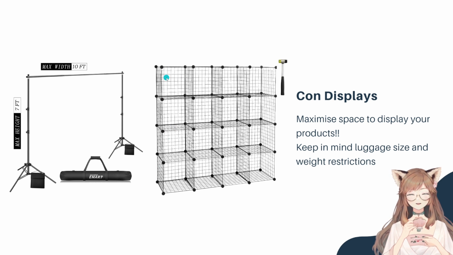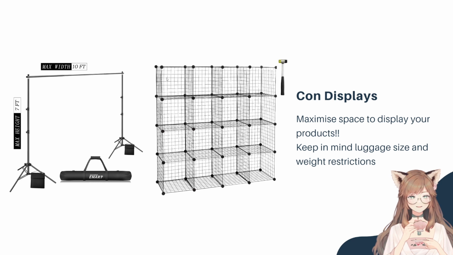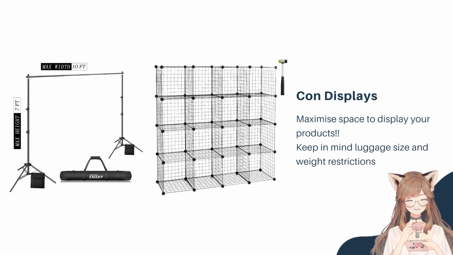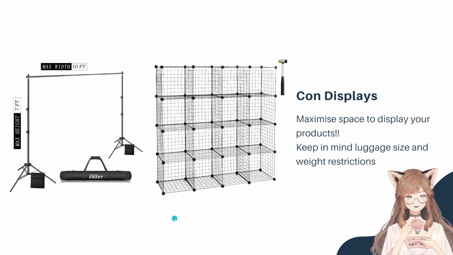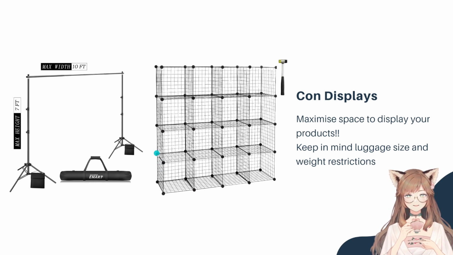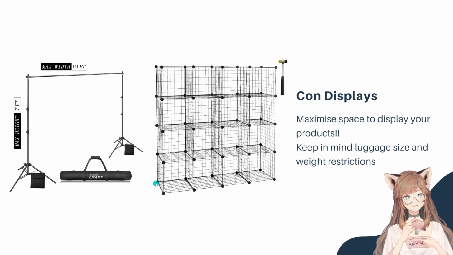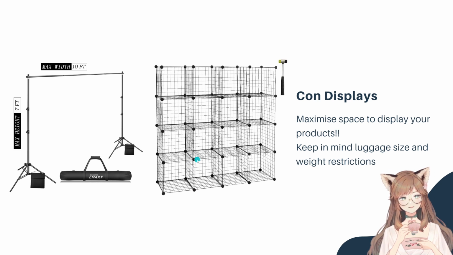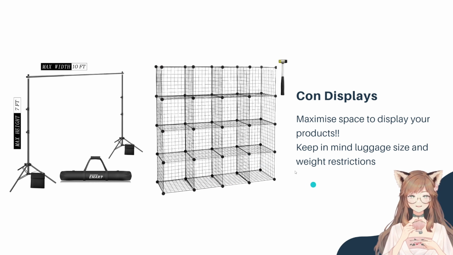These are, I think they're called storage cubes or something like that. If you just search storage cubes on Amazon, you'll find many examples of stuff like this. They're actually individual squares of either these metal grids or you can get plastic squares as well. And then you connect them together with these little circular doodads. I don't really know what they're called, but pretty much if you've been to a convention, you've probably seen this.